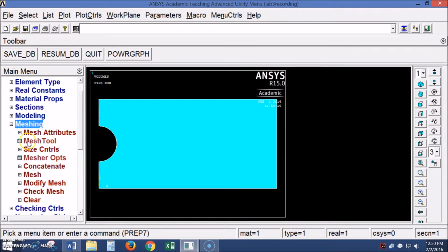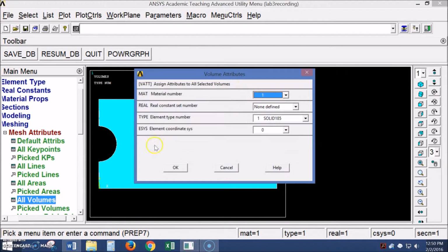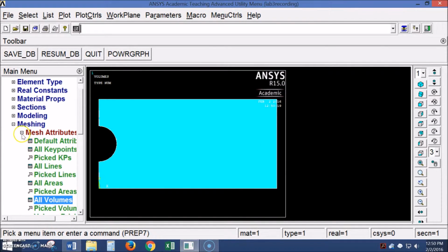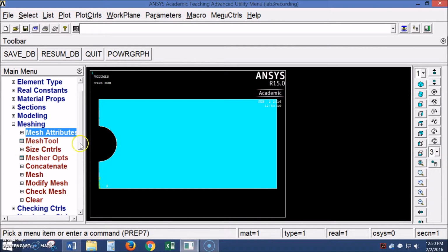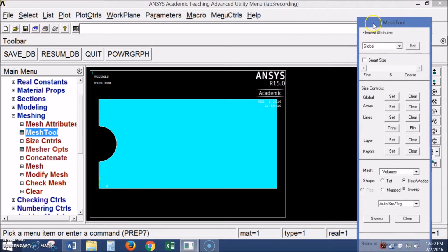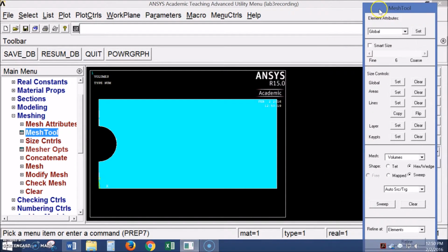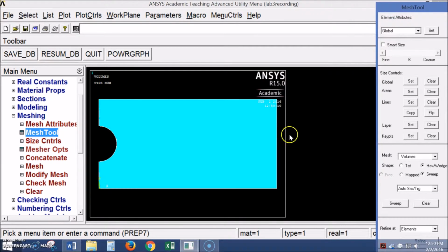Meshing is also new here. First, the attributes are the same actually, but we'll select a volume and we'll tell it to be material number 1, which is basic steel, and then hit OK. So now ANSYS knows what the blue block is, and then size controls is going to be all new for this solid element here. So we're going to use this mesh tool